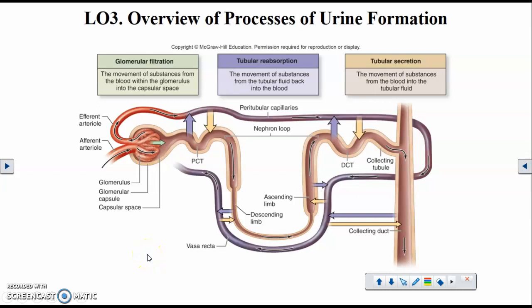So this is the second part of a two-part lecture video on the urinary system. And in this lecture video, I'm going to be concentrating on urine formation. Main keys: three main processes. Filtration, which only occurs in the glomerulus; reabsorption and secretion, which actually occur throughout